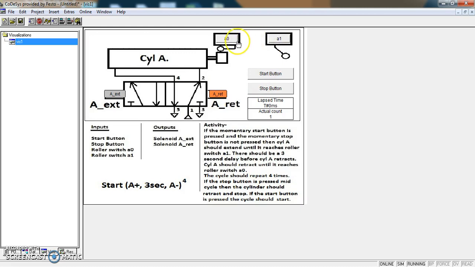We'll roll off that switch and onto this one, and we didn't start again, so that's what was required. And if we press our start button, everything starts up again. So we've tested the system and it's operating correctly. I will now physically build the system and test it on the hardware. So our next video will show the system being